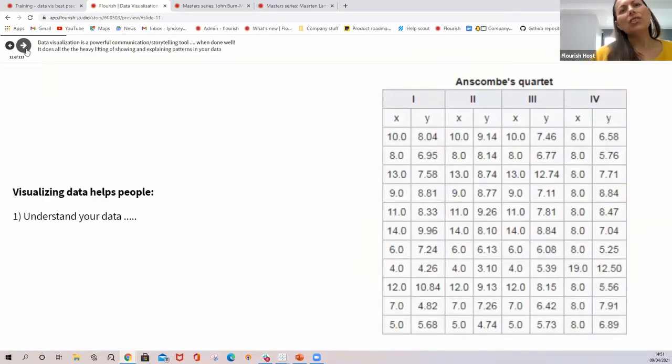And just again, a couple of other things just to set the scene. Data visualization is a powerful analytical tool. Lots of people use it for visual analytics, and we have seen this in the advent of lots of BI tools like Tableau and Power BI, very visual analytics tools. So it's good for visual analytics and analyzing your data, but it's also a very good and powerful communication tool,